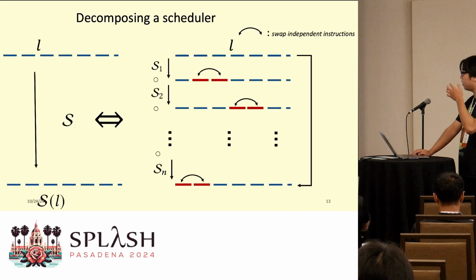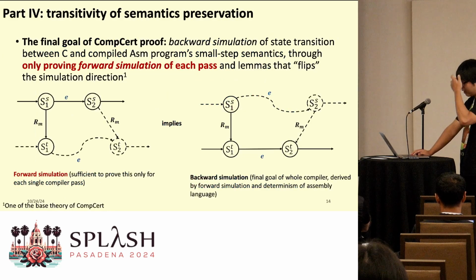And just look at this graph. If we have an input basic block L and the actual scheduler we implemented scheduled the basic block into another block SL, then such scheduling, as long as the SL still satisfies the dependence relation, is equivalent to the finite sequence of swapping. Then the third component is already